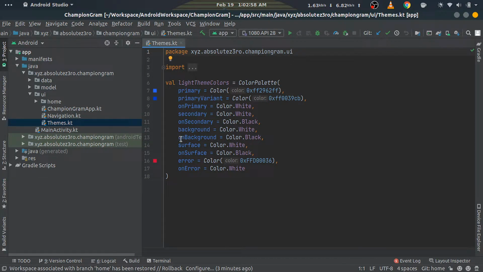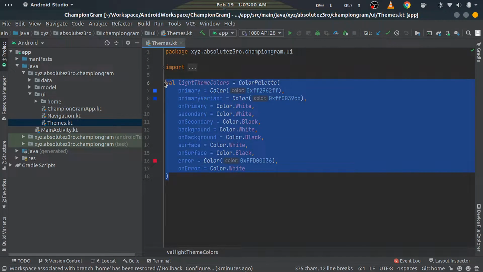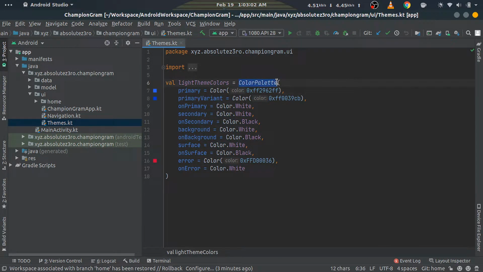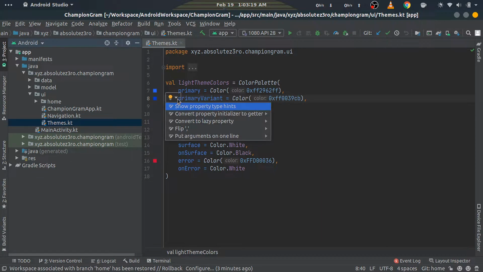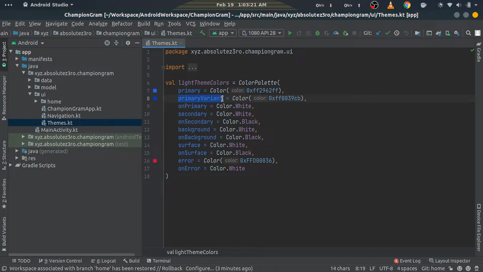Now, open themes and create a color palette object. The color palette class is used to define the complete color definition of the theme. As you can see, I already have them defined here, such as primary, which is the primary color of our application. You may already be familiar with all these color terminologies. Next, we have primaryVariant, which is the primary dark color from the XML themes, which is used for the status bar.